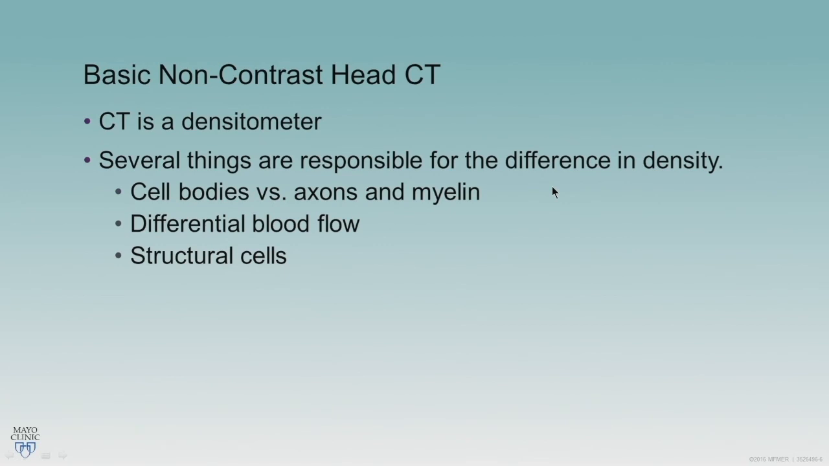So essentially, CT is a big densitometer, and the density between gray matter and white matter has several constituents. So we have cell bodies in the gray matter as opposed to more structural elements and cabling in the white matter. We have differential blood flow. Since we have more blood in the cortex and blood pool, blood volume, it leads to greater density. And then structural